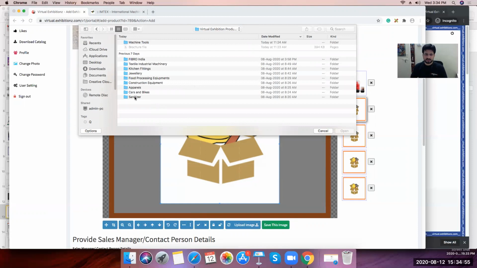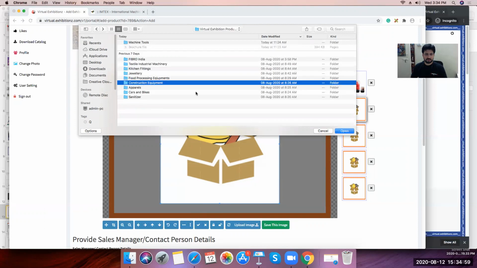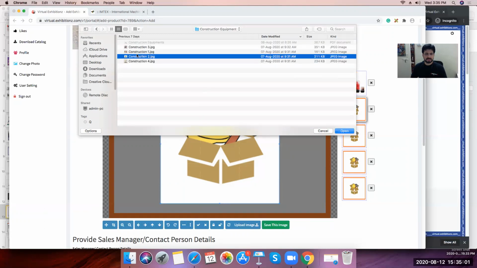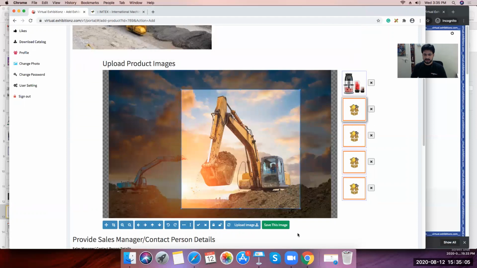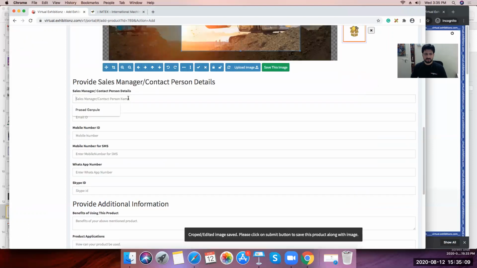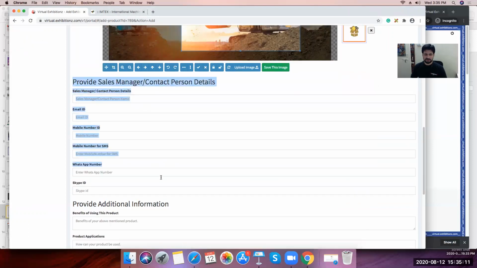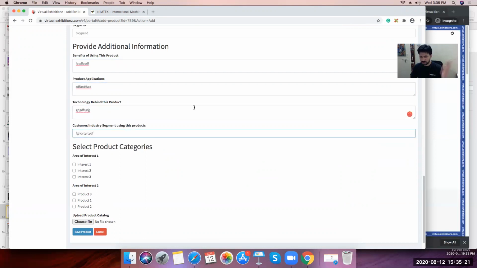Okay. So for example, if I want to post this construction equipment image, I'll just drag and drop, save this image, and you can see the image is loaded. Plus, as I said, we can give this facility of adding the details of the salesperson. Here are the other product details in terms of the technical specifications, applications, and so forth.